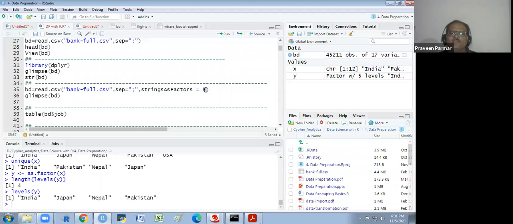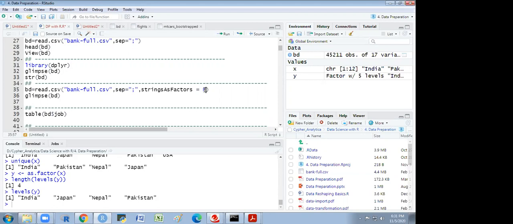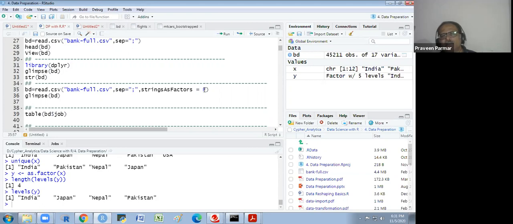Now they have changed this attribute as a default. Previously, it was true by default. Now it is false by default.